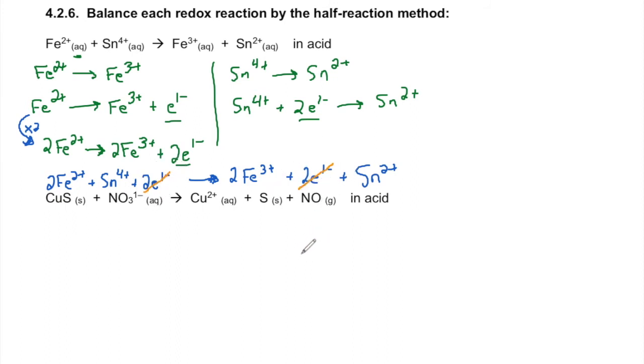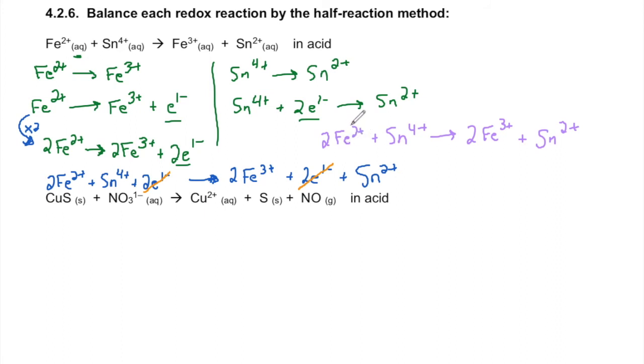And the electrons can therefore be eliminated. And what we end up with is that 2 iron 2 ions plus a tin 4 ion can make 2 iron 3 ions and a tin 2 ion. And step 9 is to do a final check to make sure that the elements are balanced and